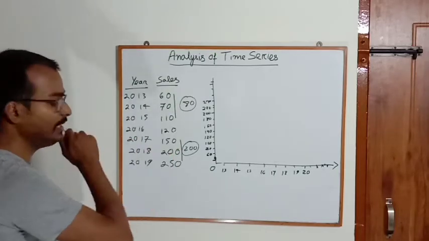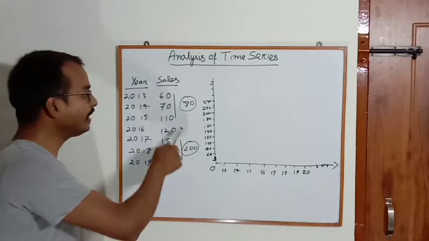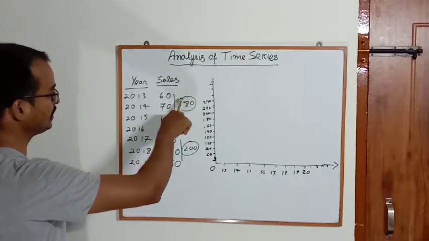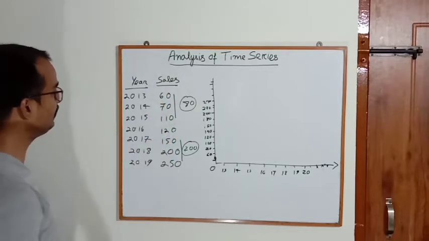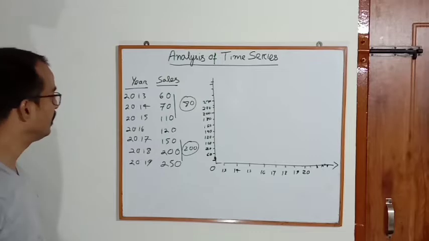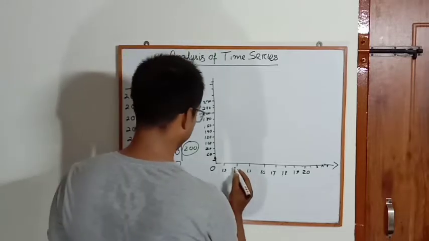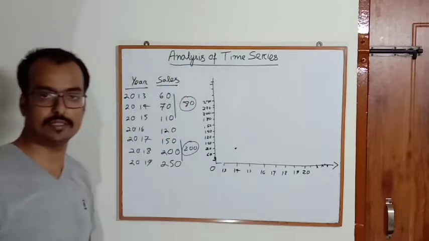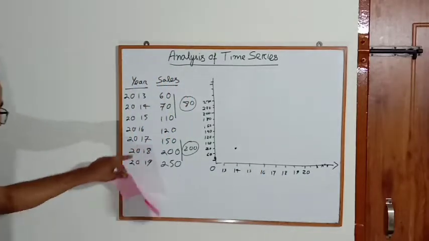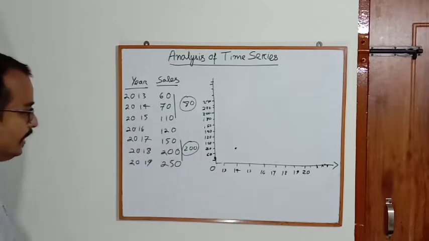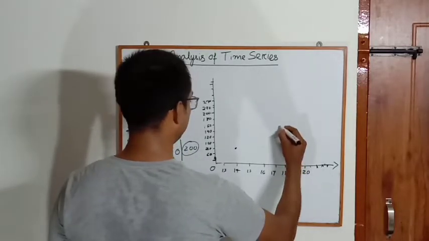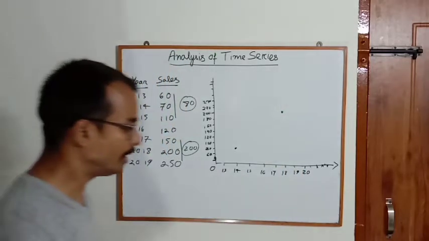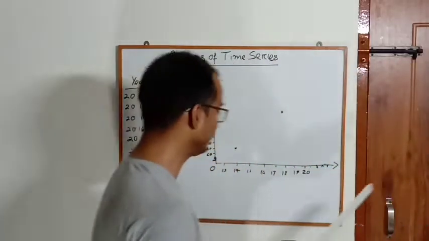Now, what you do? You plot 80 against the middle year of the first series. The first semi-average is 80 of these three information, and the middle year is 2014. So 2014, and its value is 80. This one, you can see this. And 17, 18, 19, 200. 18 is 200. And this one 200. So I don't have such a big scale. I do have something like this.